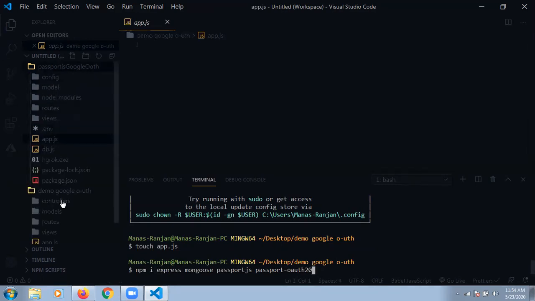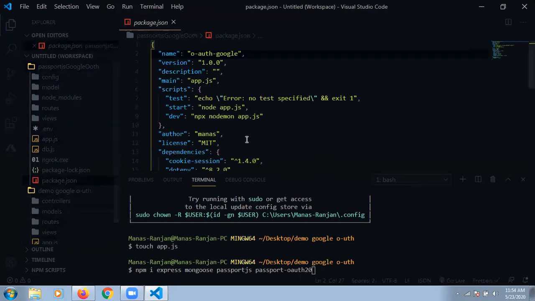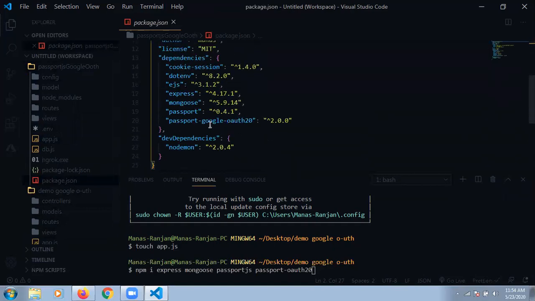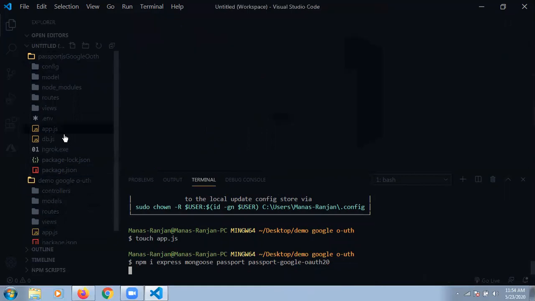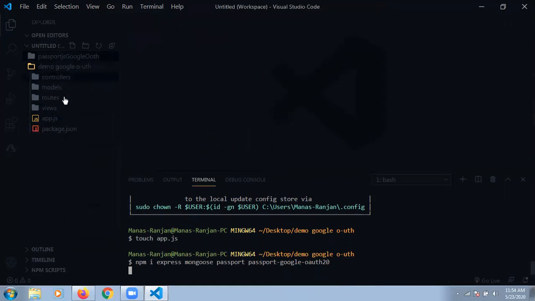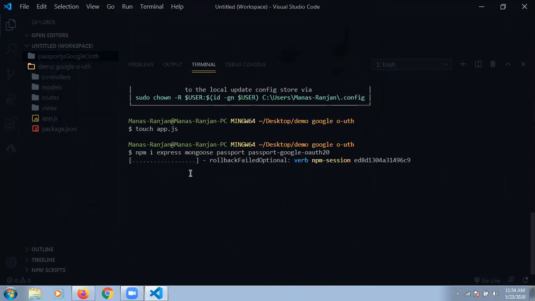I have to see what the name of the package is. Passport Google, sorry, and the upper one is passport. I'm just copying this now. Hit enter. All the packages will be installed in your dependencies. Just wait for a moment. I think it will take some time.